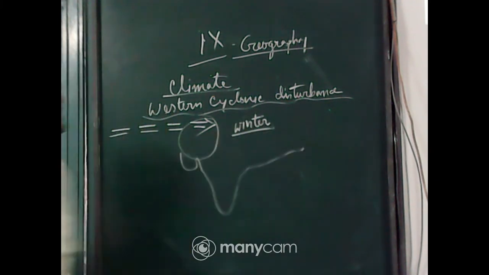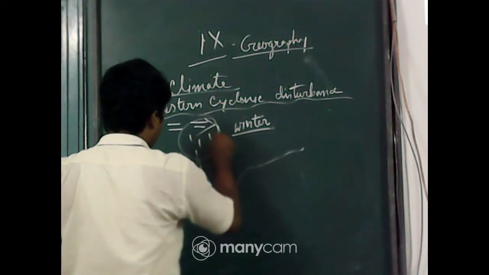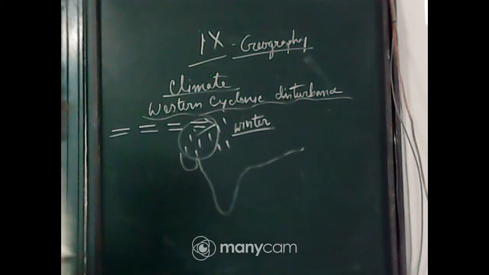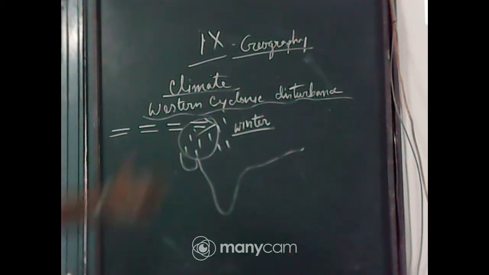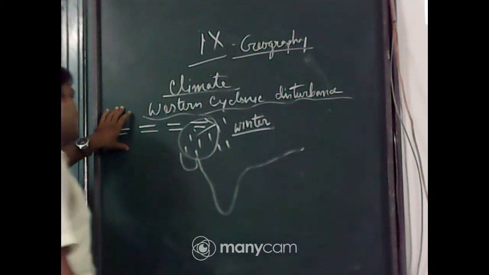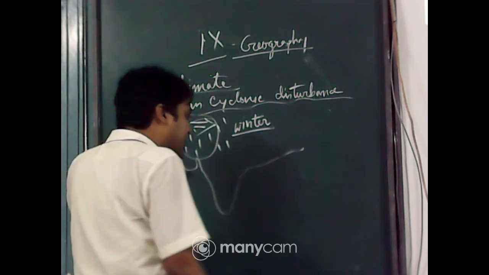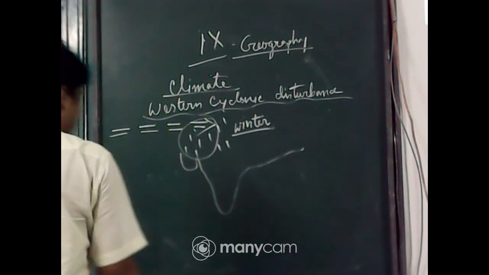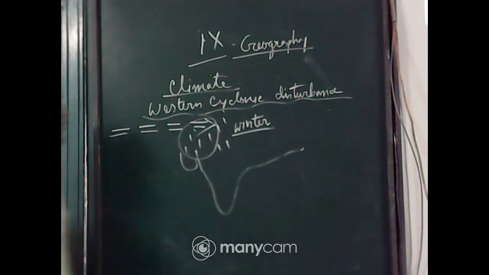and due to that reason temperature quite increases and rainfall occurs in the winter season, because you know that in winter months we have the dry season. Maximum part of our country remains dry because of lack of rainfall. But because of this western cyclonic disturbance, temperature changes in those particular areas, temperature increases and quite some rainfall occurs. This rainfall helps the growing of rabi crop.